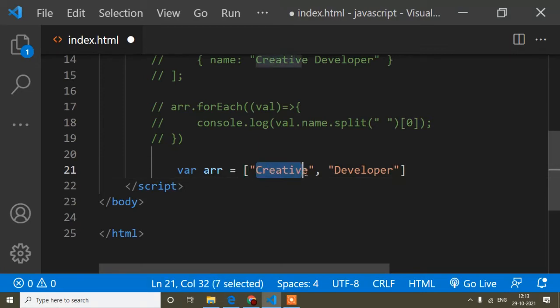So first value is the 0 position and the second value is position 1. We cannot say this is 1, this is 2. We have to say this is the 0 position and this is the 1 position, because an array counts from 0. Okay, now first of all you have to understand this when I want to get only creative,